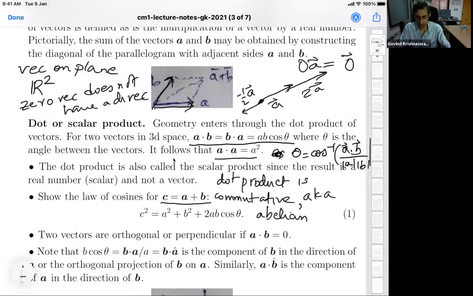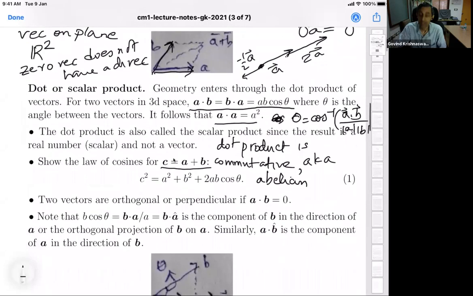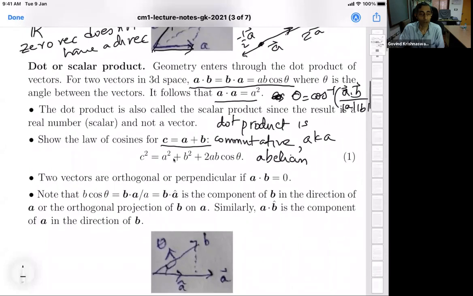Abelian is an adjective in honor of Abel, who was a brilliant mathematician. So that means it doesn't matter in which order you take the dot product. We will soon meet a product which is not abelian, so not everything is commutative. Okay, now